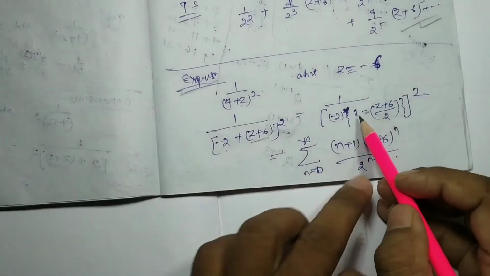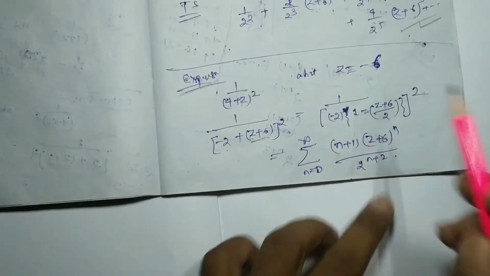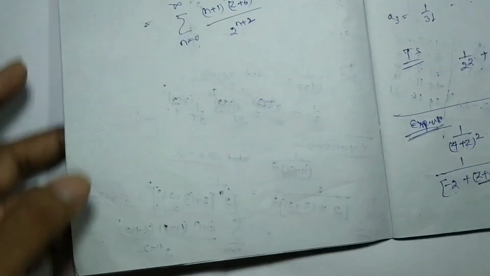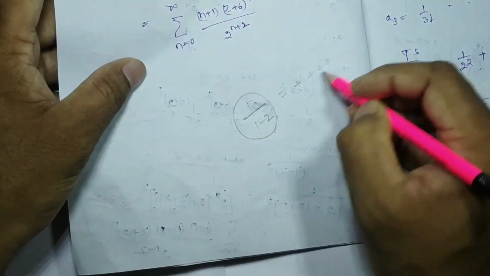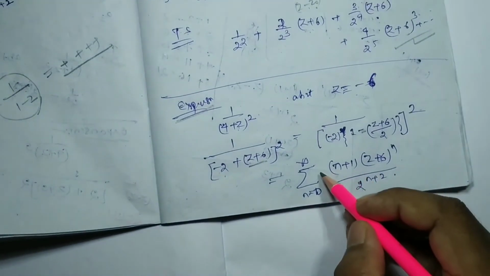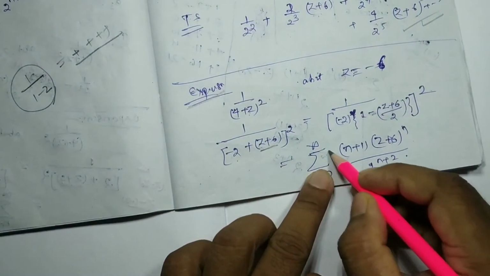Okay. So here the 1 minus z format we found in the denominator, and we know that the Taylor series of 1 by 1 minus z is nothing but all terms positive. So all the terms are positive, meaning the minus 1 to the power n factor is not to be considered.